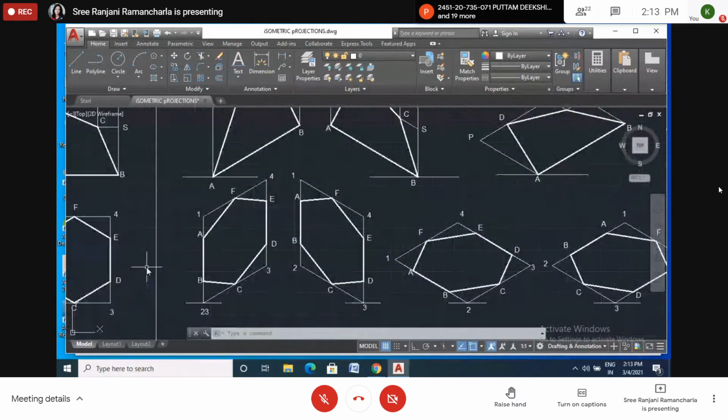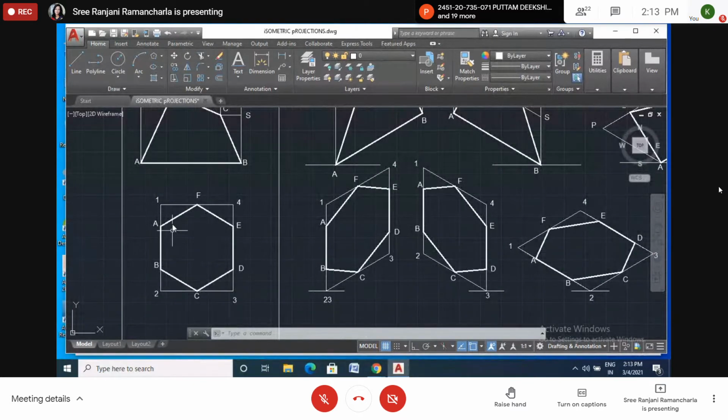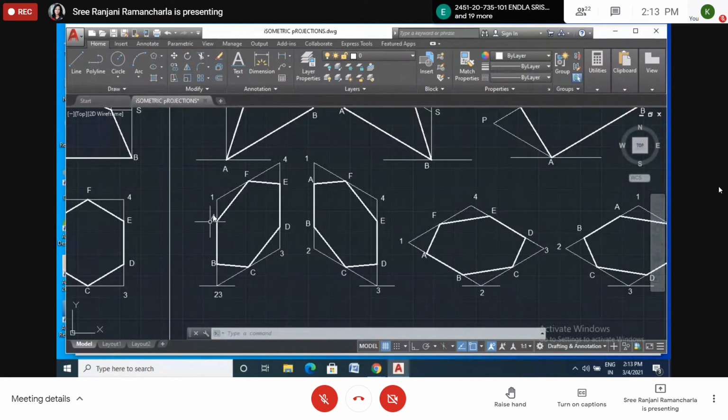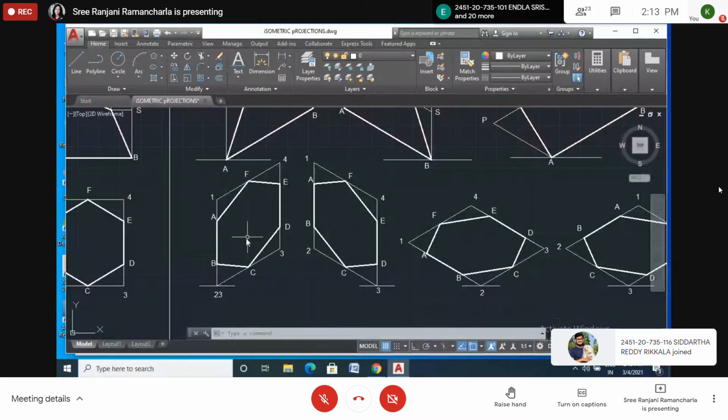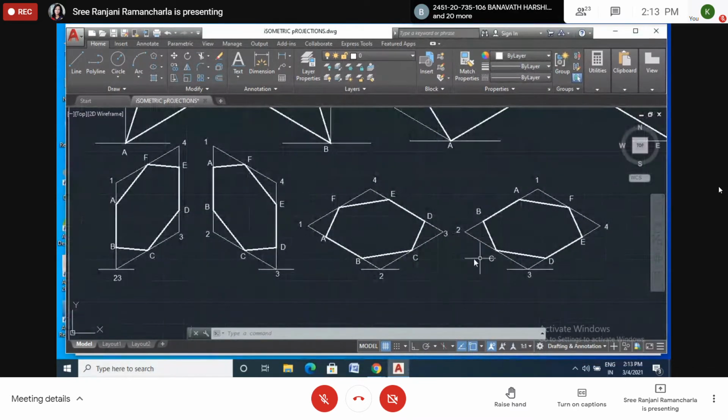And similarly, a hexagon. A hexagon also you can draw like this. Draw a hexagon, construct a rectangle around this hexagon, touching corners and edges, and name them like this. I name ABCD as the hexagon plane, and I constructed a rectangle touching the corners and the edges. I named the corners 1, 2, 3, 4. Okay, now I constructed the rectangle in this way. Isometric drawing. This is one way, this is another way, and this is the top view. I mean, top base.